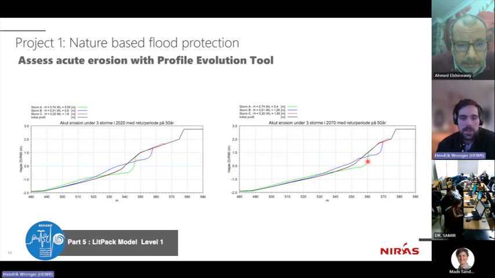And the takeaway of these assessments is that, for example, if you take the blue storm here, what is eroded here is deposited down here. So that means it is still available again for re-establishing the cross-shore profile in milder conditions. So the sediment is still available for the longshore transport